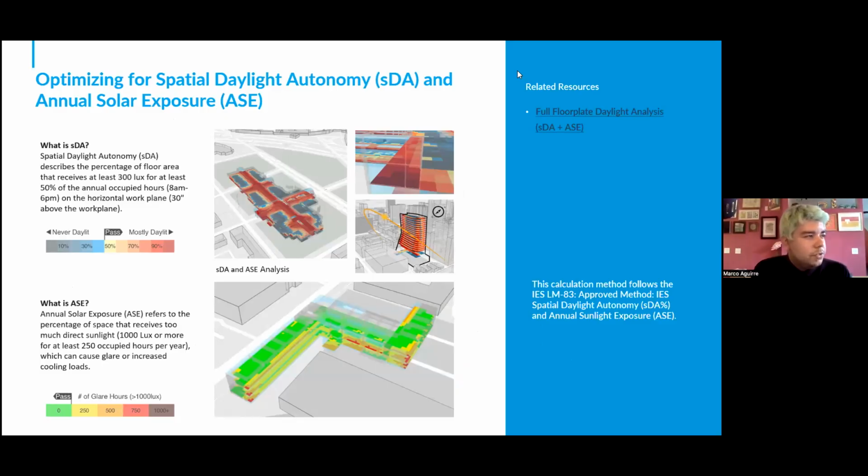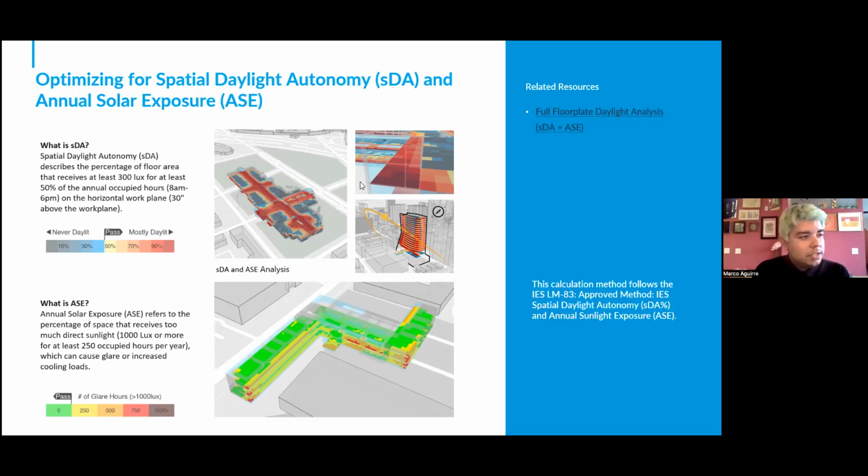The two metrics we use to measure daylight and glare are SDA and ASE. SDA is spatial daylight autonomy. This analysis breaks up your floor plate into different grid points. Each one of these grid points depends on grid size. So in this example I have here, this is a 2x2 grid point, which is the average